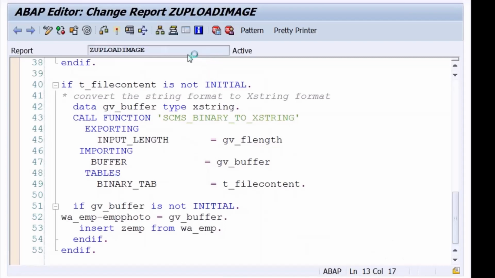One last attempt. Here I am having the doubt whether it is really inserted or not.